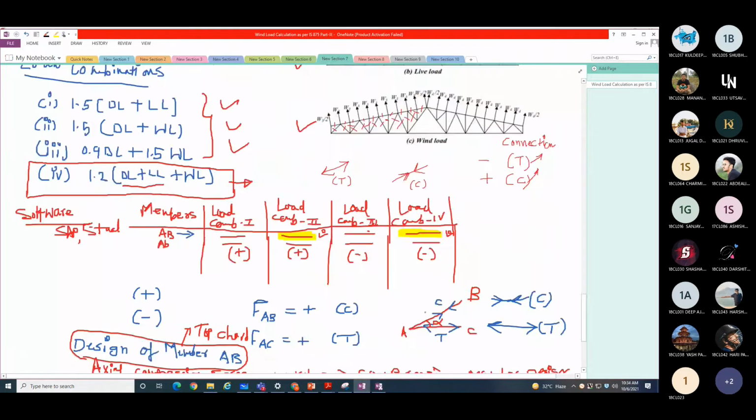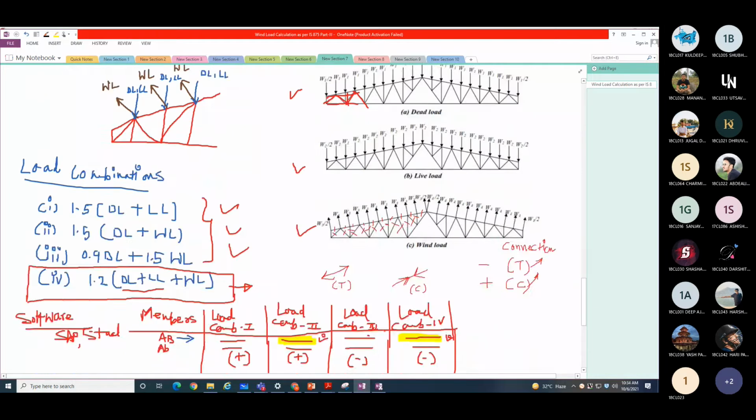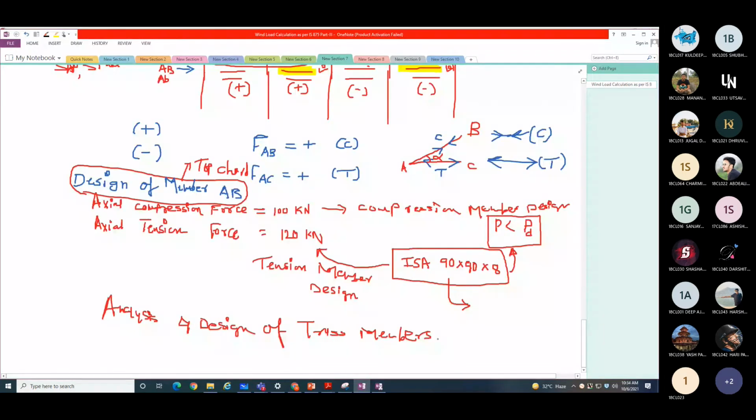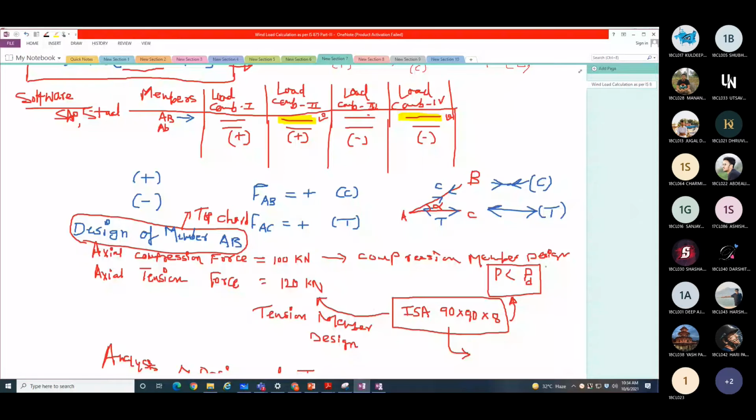Truss members means your top chord member, your bottom chord member, then all these ties, right? So all this analysis and design, this way you are required to do. I am not going to do all this because we don't have the analysis result with us. And second, you have already done the compression member design and tension member design separately in the lecture. So you are aware of how to do compression design and tension design. So we are not going to waste time doing this calculation.